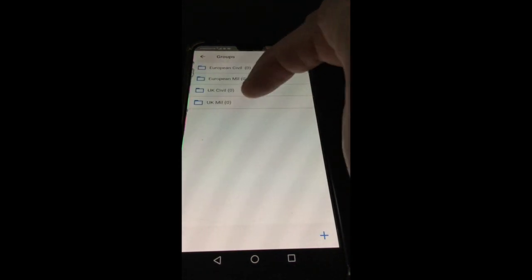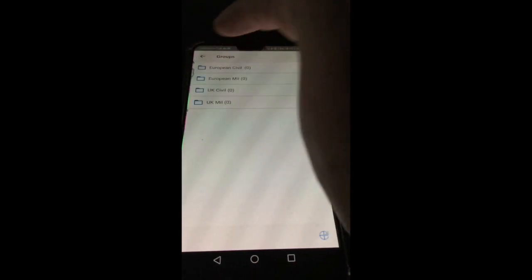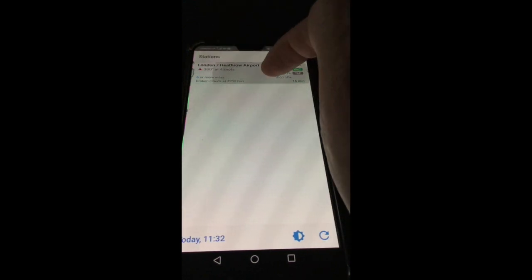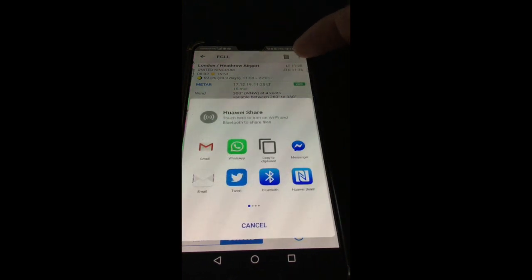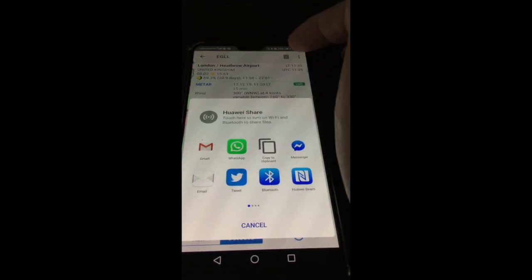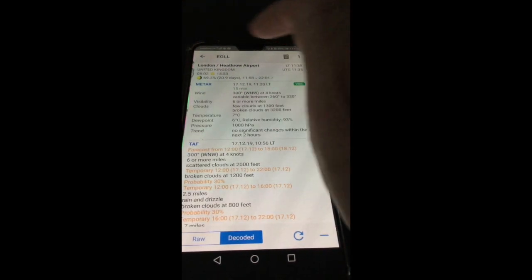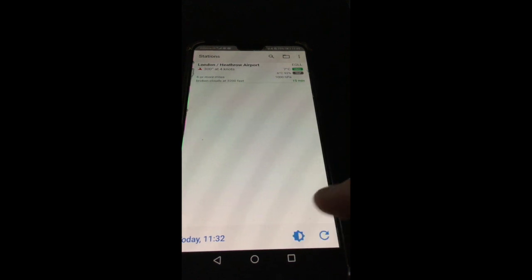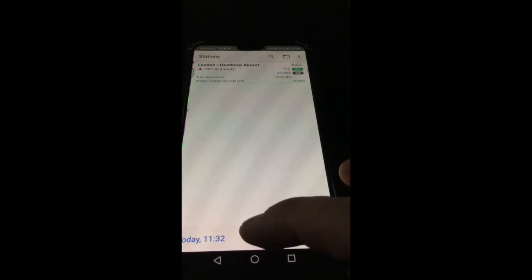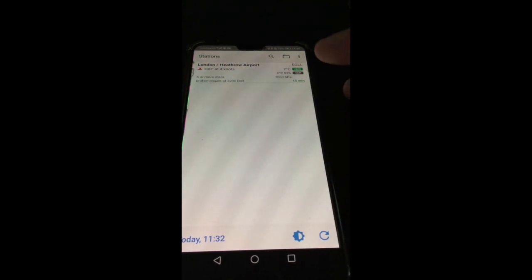So again, these are empty. I want to put that into one of the folders. Come out of there. Sorry, down here, this little symbol here, you can change it between dark and light. The time here in the UK, 11:32 this morning, and I will now show you how to put EGLL London